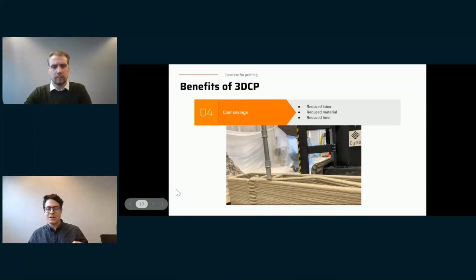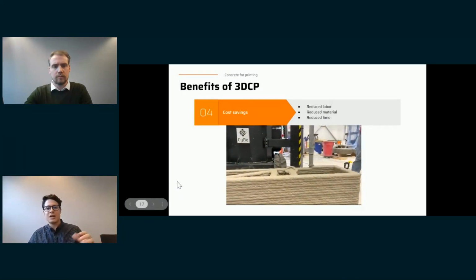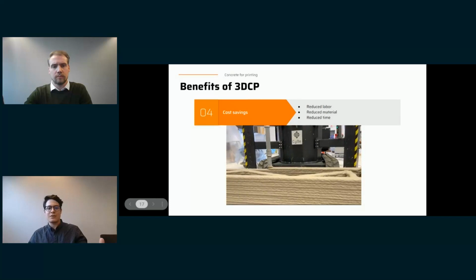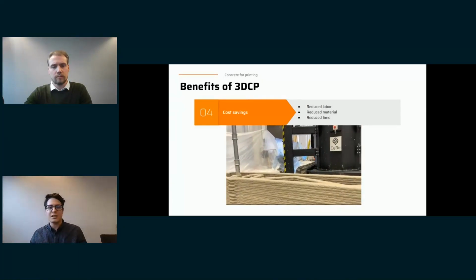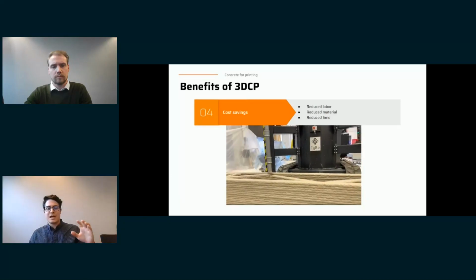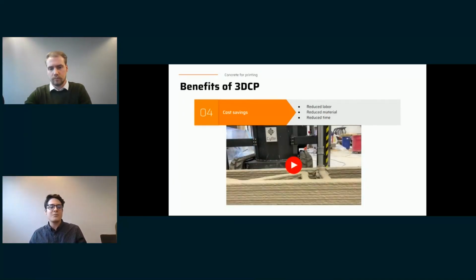Just to give you a perception of how many people you need, and also the time that is needed to print. For, let's say, a wall that is 4 meters long and 3 meters high, because Dutch people are quite tall, and a two-layer system, we need probably a couple of hours.